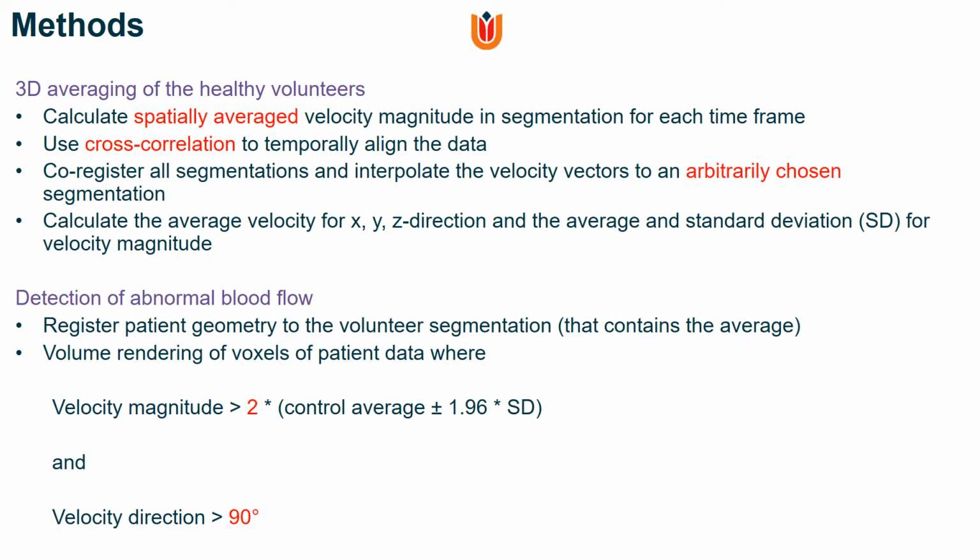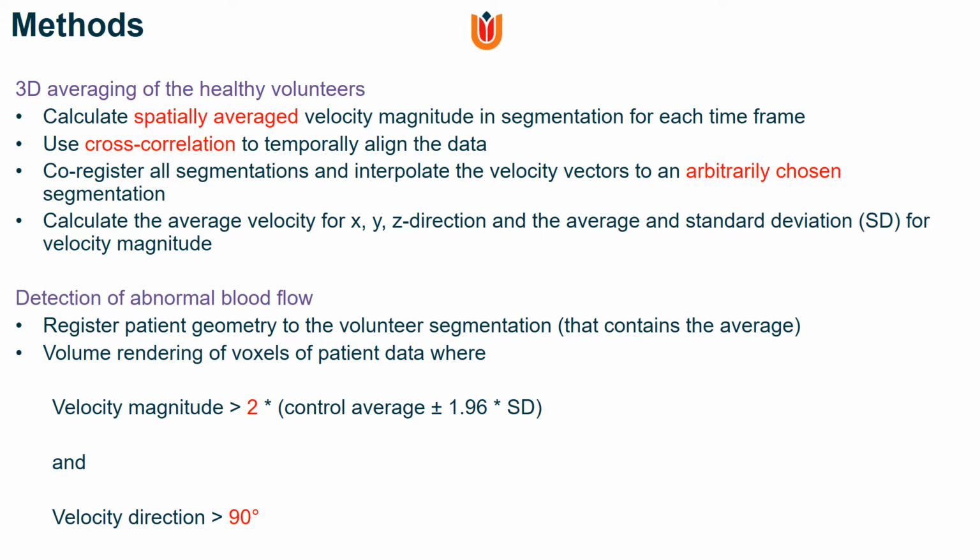In order to create 3D averaged maps of the healthy volunteers, we first calculated the spatially averaged velocity magnitude in the segmentation for each time frame and used cross-correlation of the curves to temporally align the data for all volunteers. The segmentations were subsequently registered to one arbitrarily chosen segmentation, followed by interpolation and averaging of the velocity magnitude and vectors. For the detection of abnormal flow in the patients, the patient geometry was registered to the volunteer segmentation that contains the average,